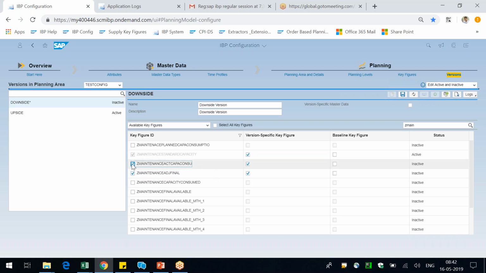I think I have selected only this one for the version specific. For all the others, only the base version is there. So you cannot have multiple values for these versions. If you want to copy from one version to the other,